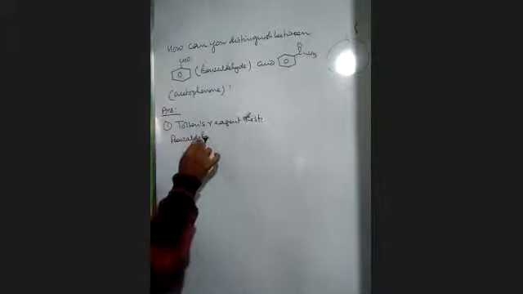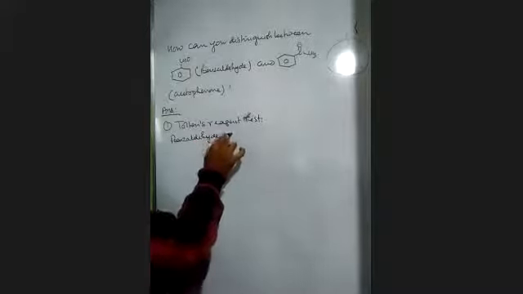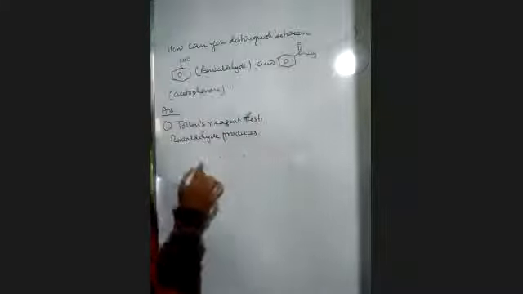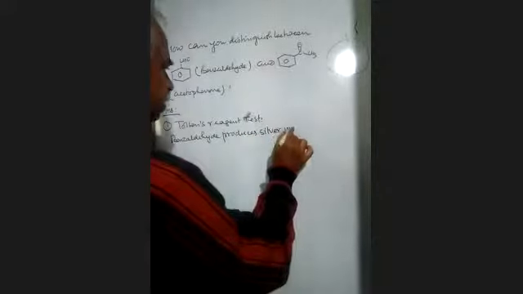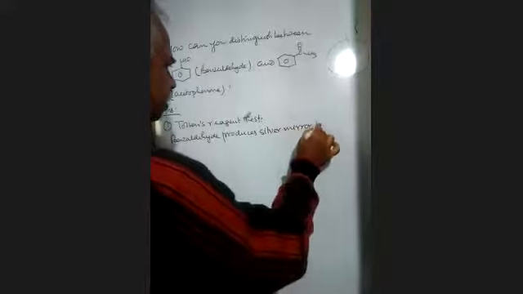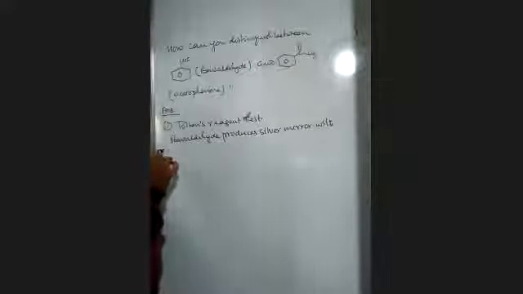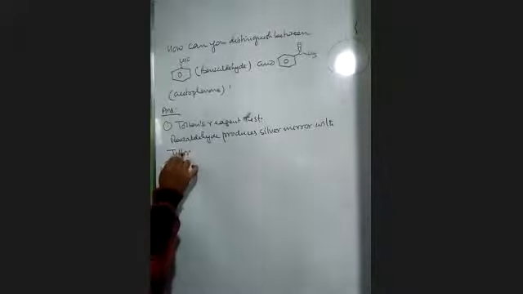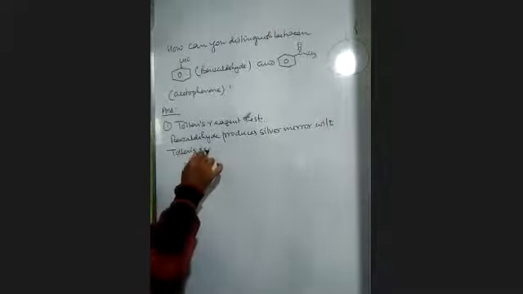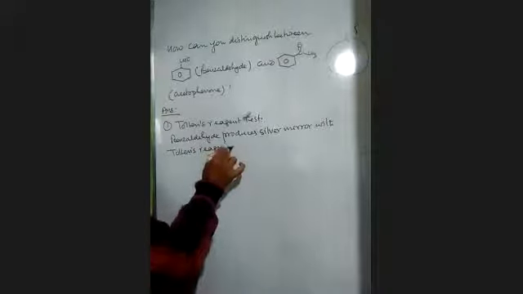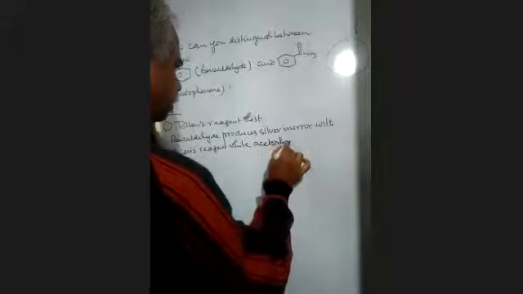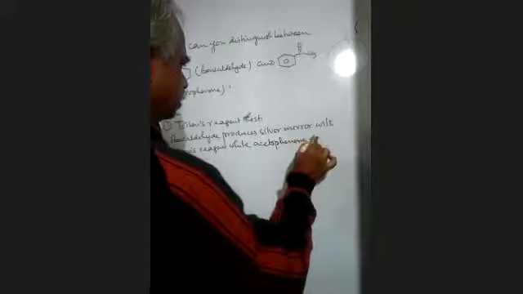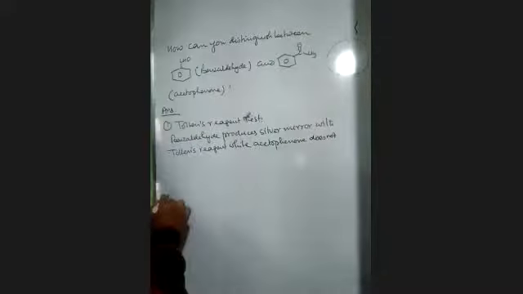Benzaldehyde produces silver mirror with Tollens' reagent, while acetophenone does not. Okay, so